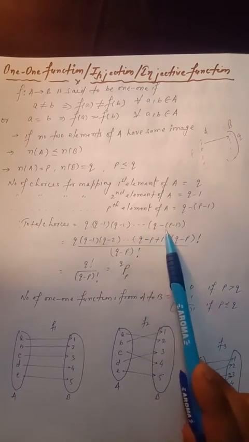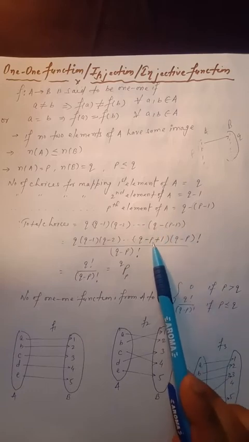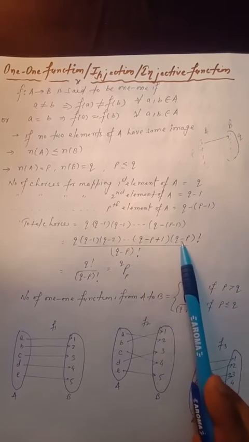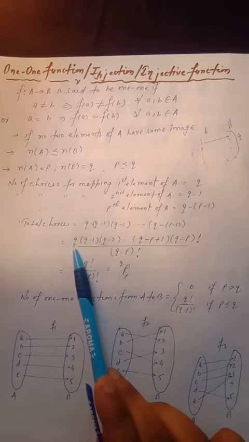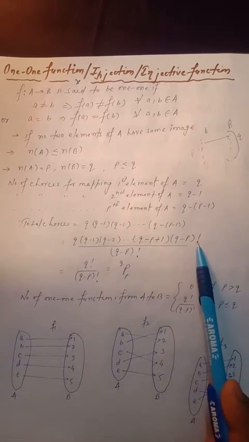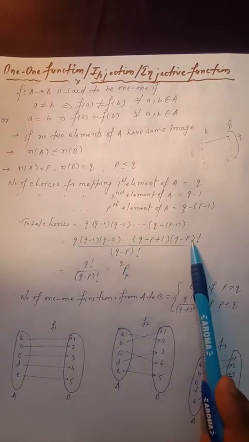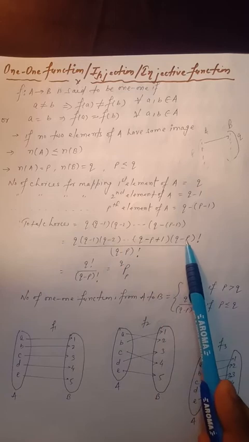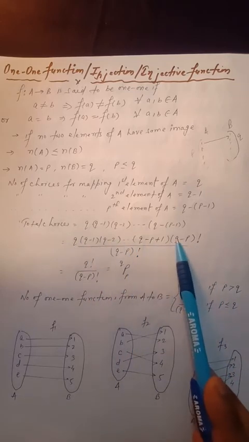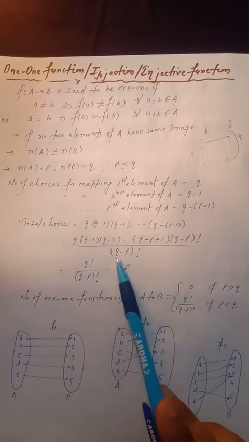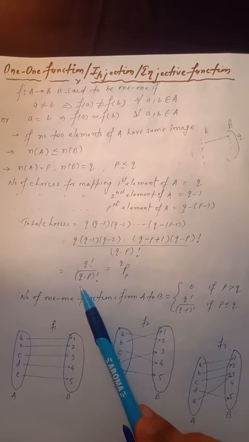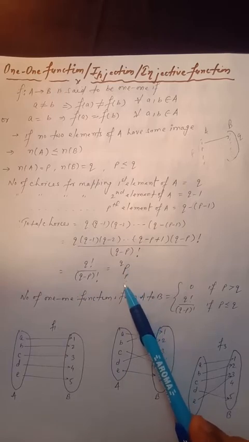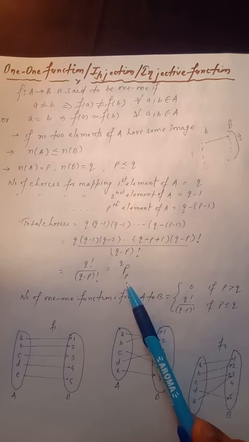Now be careful here, we can write it q minus p plus 1. Now do one thing, divide and multiply by q minus p factorial. Now you can observe this is stopped at this factorial, so we can write this is factorial q actually. You remember n, n minus 1, n minus 2 down to n minus r plus 1, multiplied and divided by n minus r factorial, it means this is factorial n. So this is factorial q and this is q minus p factorial, and we can also write it qPp, which is actually permutation, number of permutation.